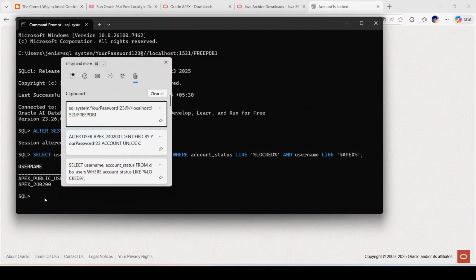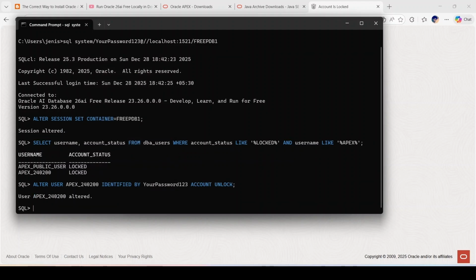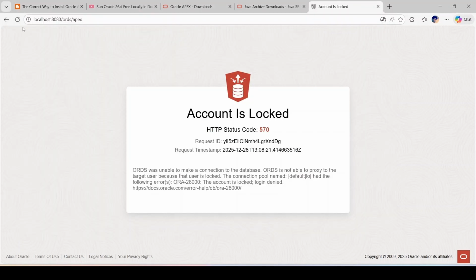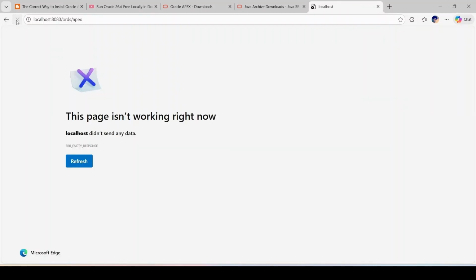So let's unlock both. The SQL statement to do that is this. Now this should have unlocked the account. So let us check it again. Oh, this is because we have closed the terminal. So once we close the terminal, we have to make sure that ORDS is up and running before the